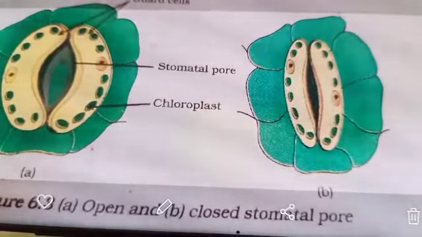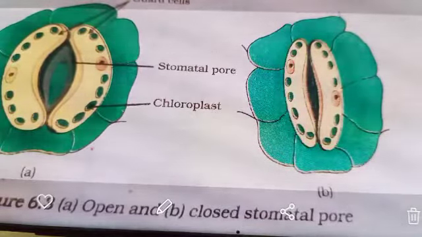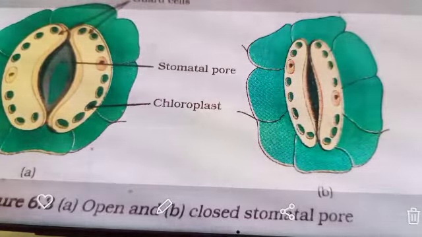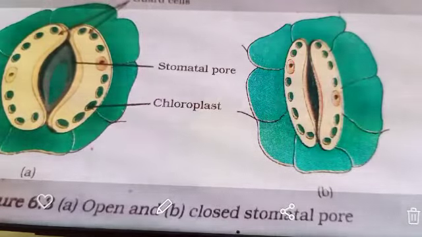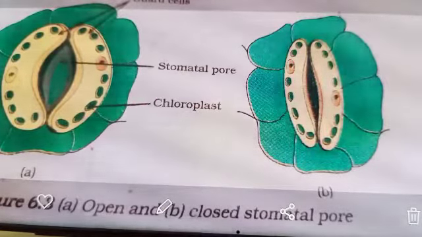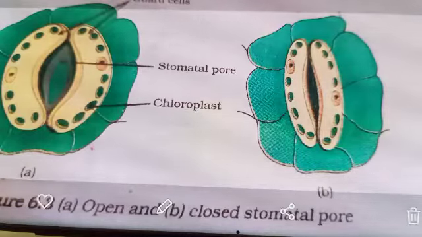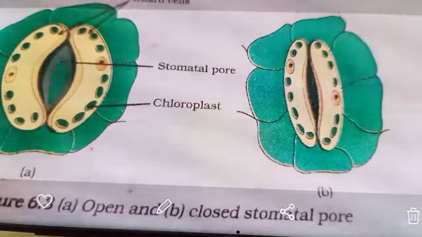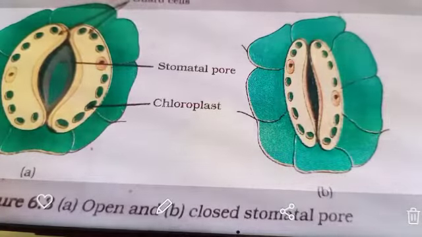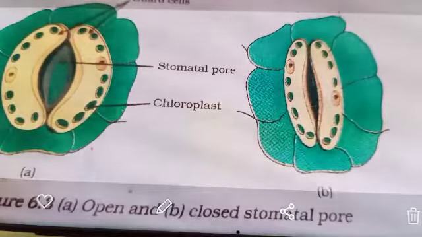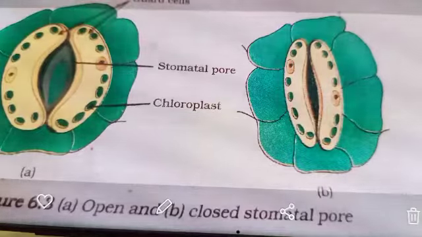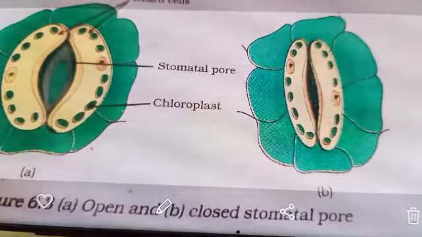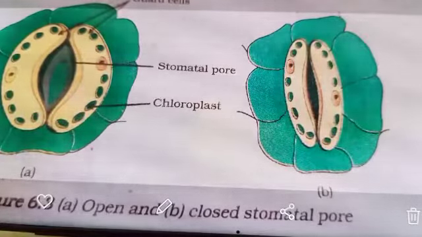A massive amount of gaseous exchange takes place in the leaves through these pores, that is, taking in oxygen or carbon dioxide and giving out carbon dioxide, for the purpose of photosynthesis and respiration also. But it is important to note here that exchange of gases occurs across the surface of the stem, roots and leaves as well. Not only in the stomata, even the other surfaces also, the exchange of gases will take place.